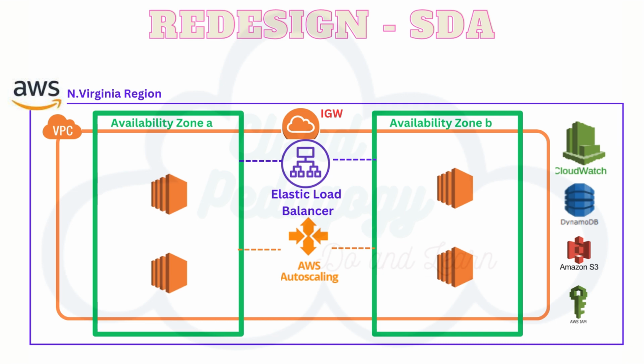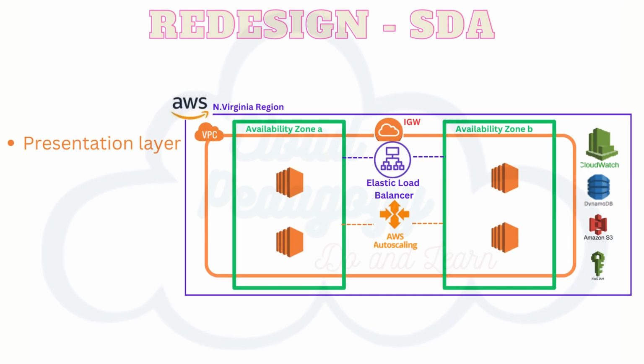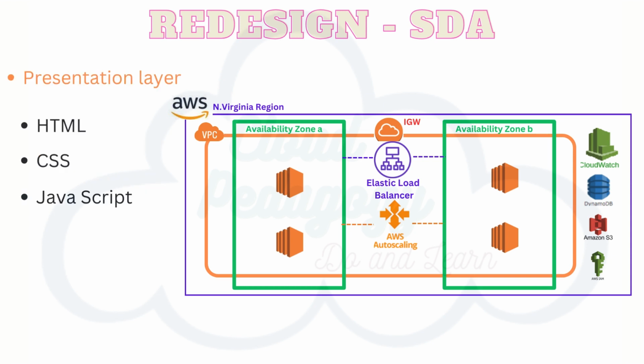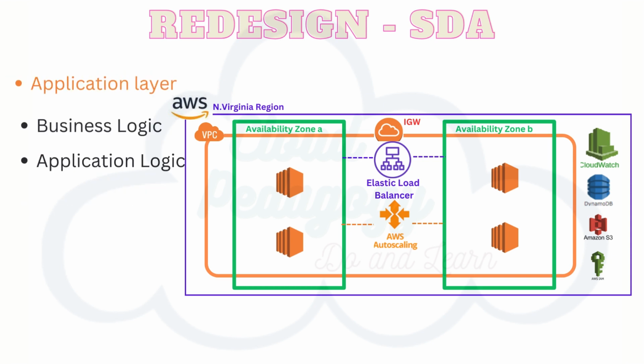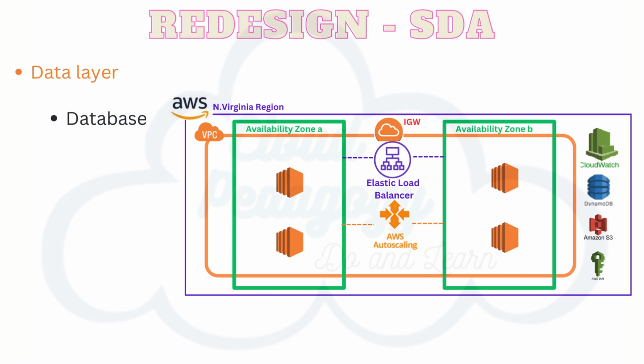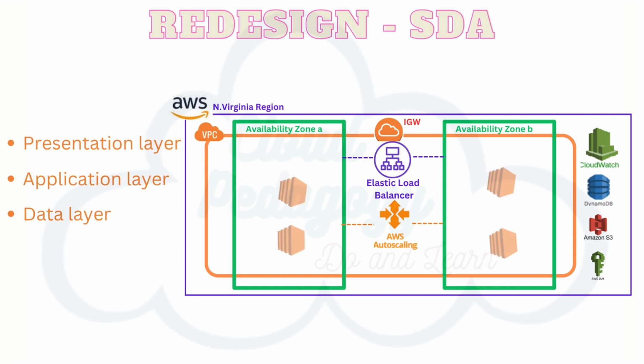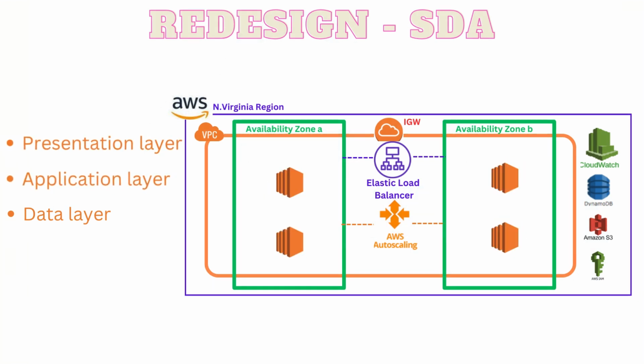architectures. So this student directory application is a great example of a standard 3-tier application where you have the presentation layer, the application layer and the data layer. The presentation layer is the user interface, the application layer is the business logic and the database layer is the database. As things are right now, the Amazon EC2 instances are hosting both the presentation layer as well as the